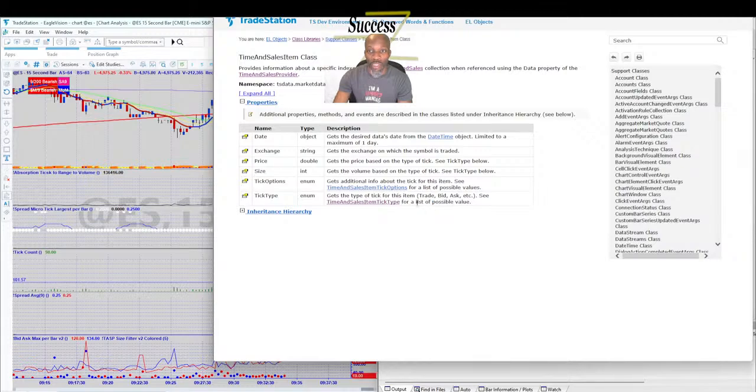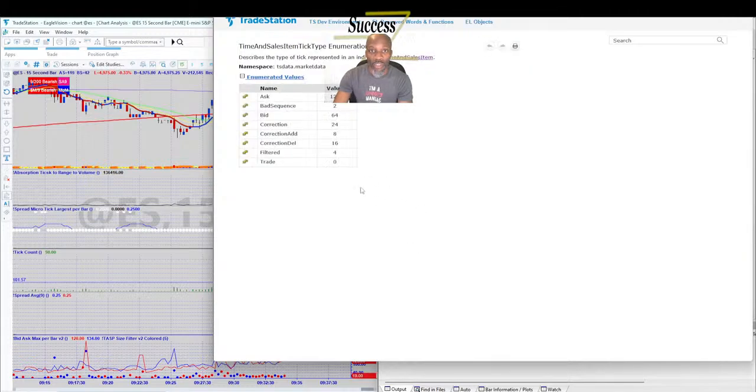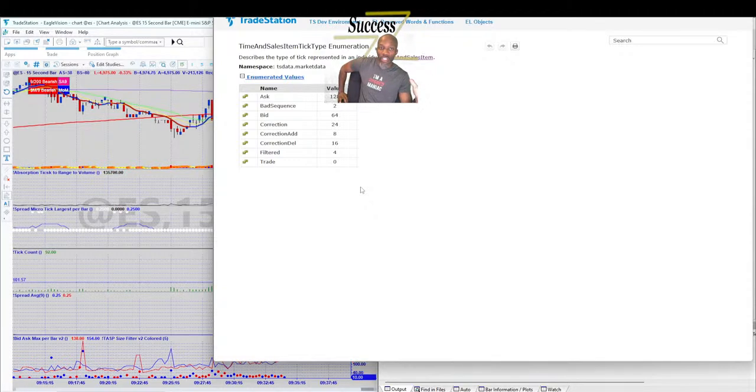This is a trade, bid, ask, etc. Well, we don't just want the bids and the asks. We actually could get that from just using inside bid, inside ask. Now I'm curious. I'm not sure, because inside bid, inside ask,